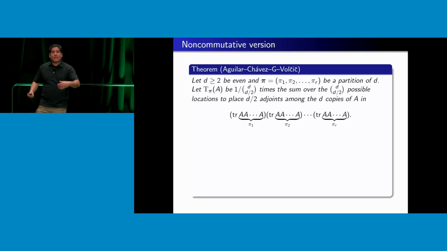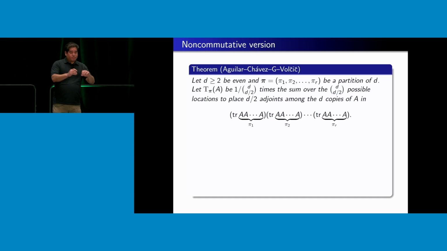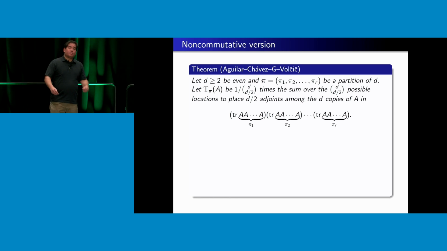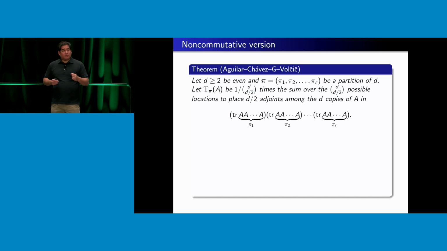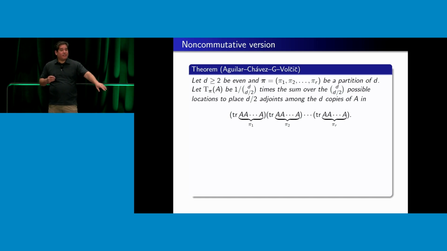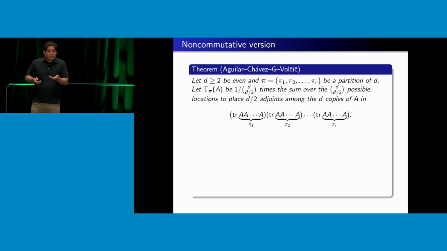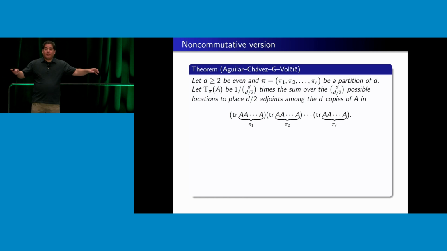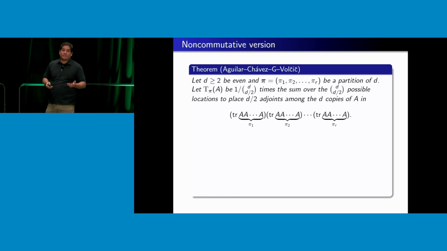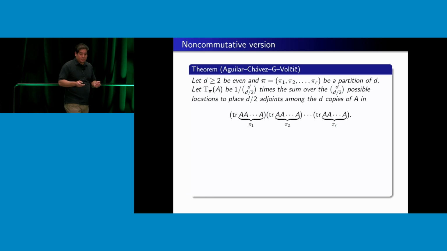So now that we've taken our partition and gotten this package of products of traces of powers of A, I want to sprinkle in some dust here. I want to sprinkle in some adjoints, conjugate transposes, denoted with the star, the asterisk. Basically, I want to make half of those A's in there decorated with stars, so I turn them from A's into adjoints of A. There's a bunch of ways to do this. What I want to do is then average over all possible ways of doing this, and I get this capital T sub pi nonsense.